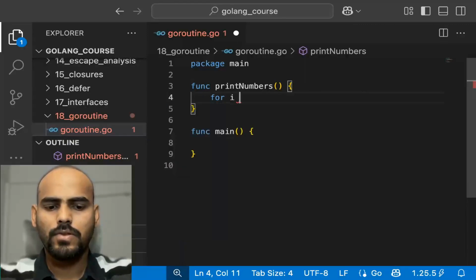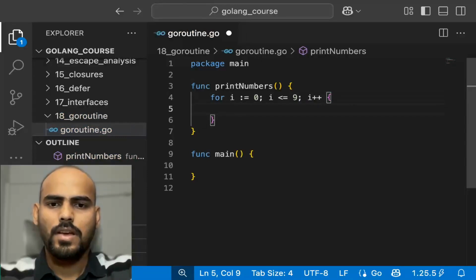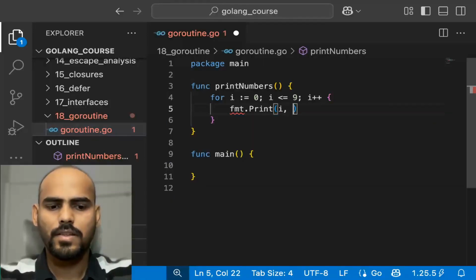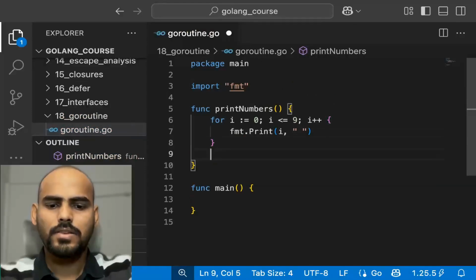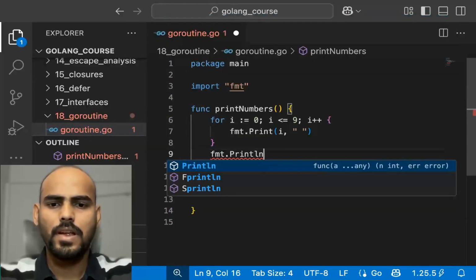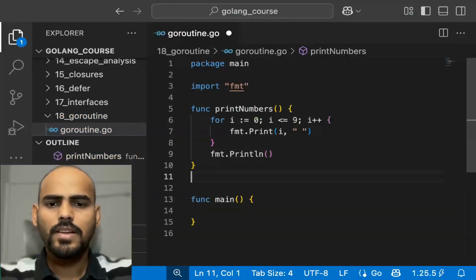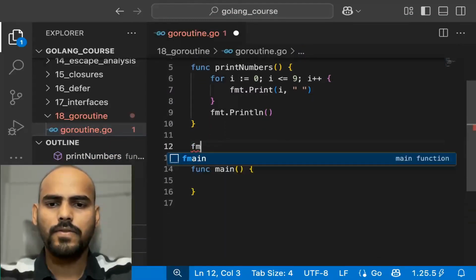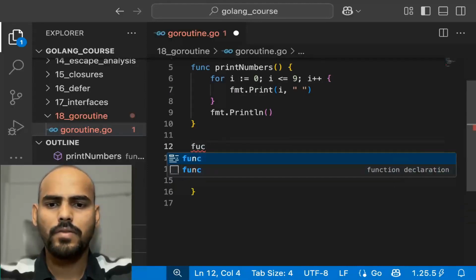So for i := 0; i <= 9; i++, let us print i, and after i we will have a space, and at last let us also add a println. Okay, let us add one more function,